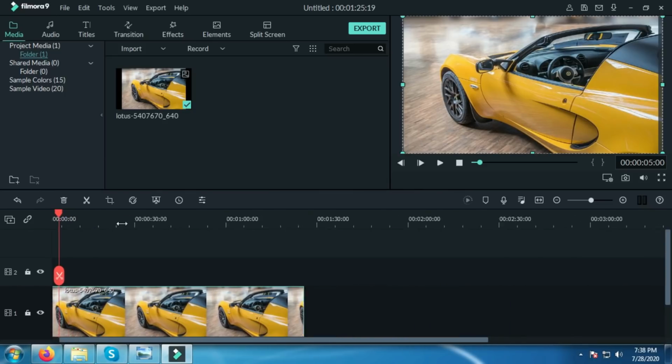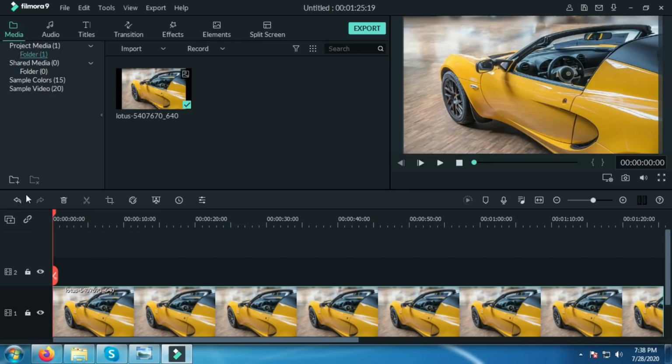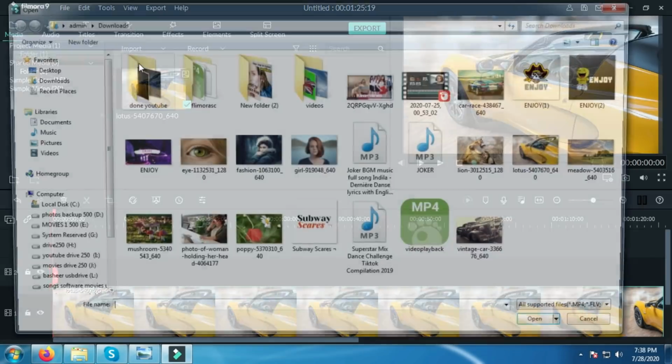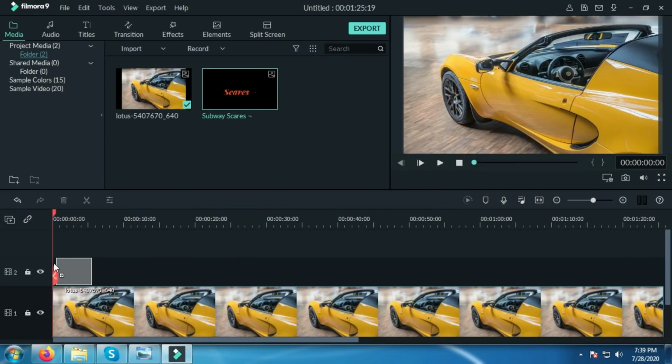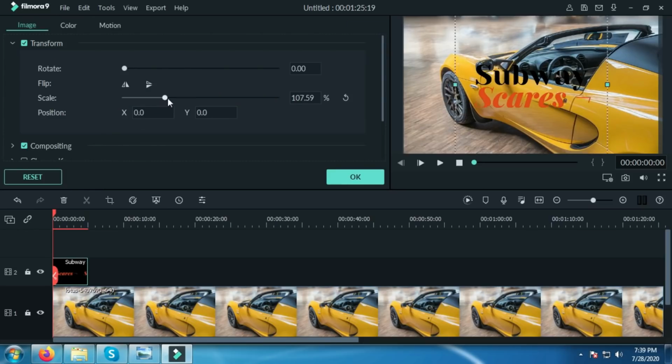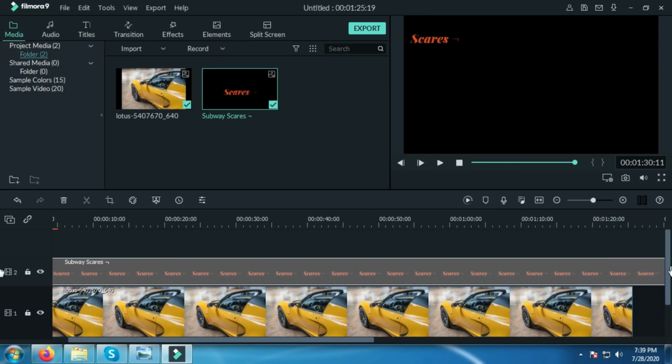So I am going to show you how to add a logo file. That's importing one file. You should place the logo above the layer which you want to display. Okay, above the layer. So I am going to take a logo and show you how to place here. Whichever object has to come first, that should be on the top of the layer. Okay, if you double click this, you can reduce the size, or you can do it even manually also. If you want a logo to display in the full video, drag the logo line to the full video.